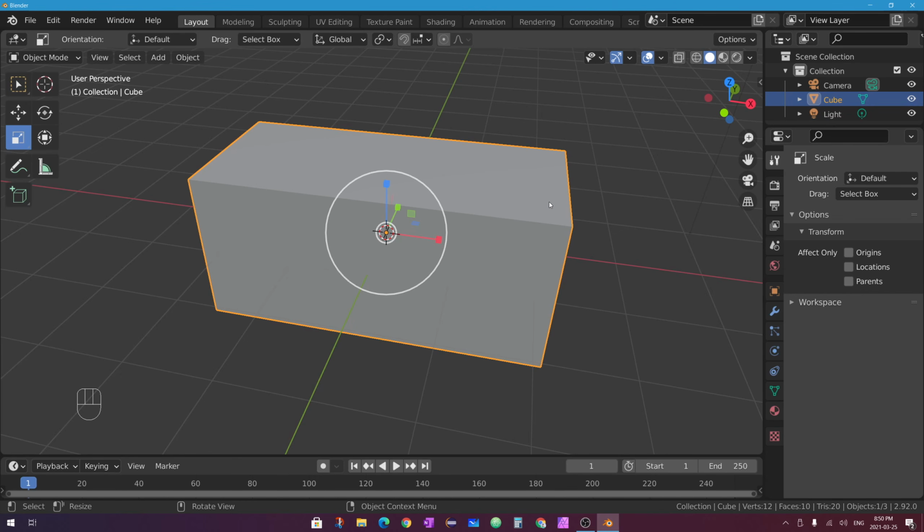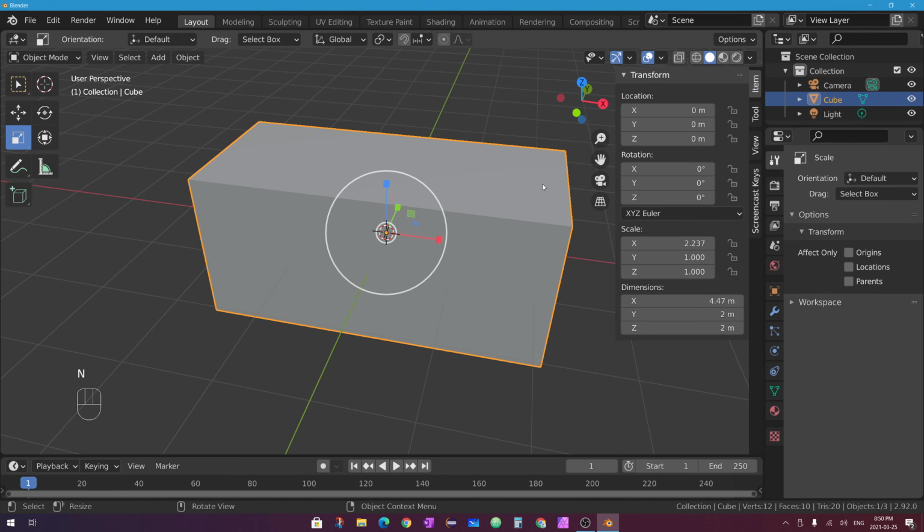If I go ahead and press N, the letter N on my keyboard with my mouse in the 3D editor window, I can look at the item that I have selected. I can look at its scale. And if it's not set to 1, 1, and 1, we have a problem because the mesh knows that it's being stretched. So I need to change all of these to 1 by going up to, with the mesh selected,